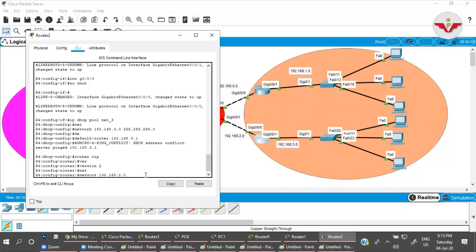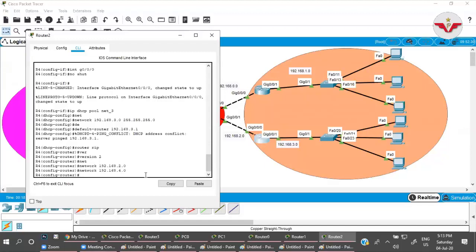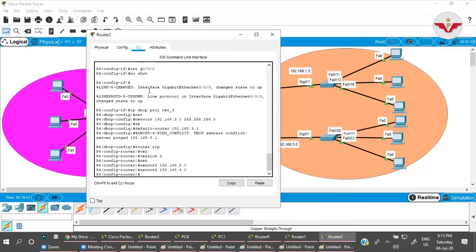Excuse me, sir. We could not see anything, your screen is hidden. Whatever you are typing, we could not see it. Yes, sir. The configuration you are doing now. Why is the screen shared? Let me show one thing. It's visible to everyone. Can you zoom it? One second.